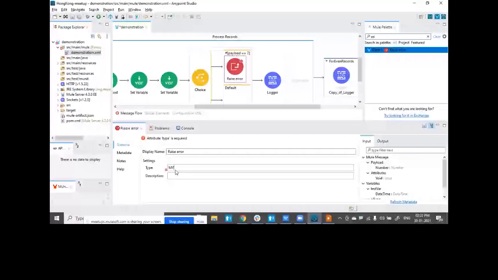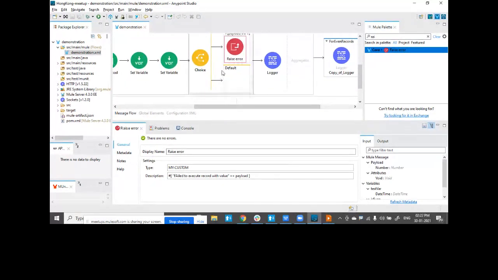You have to always maintain the schema, which is namespace colon identifier, and in description I'll write a logic. So I'll say hash within square bracket: failed to execute record with value, and I have to give the value, so I'll take it from the payload.